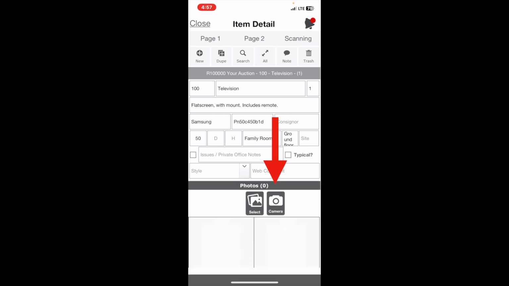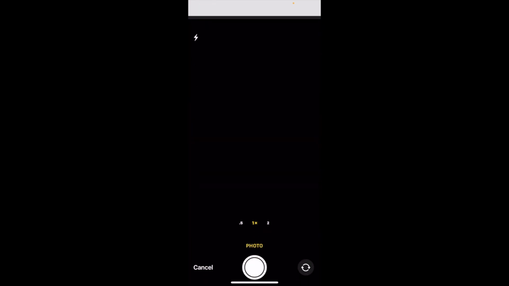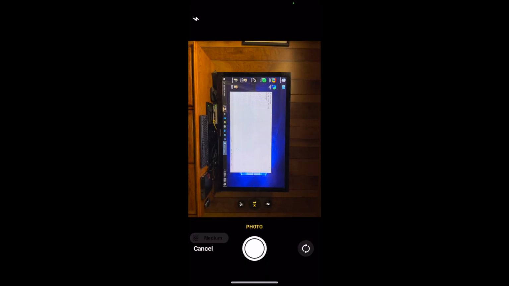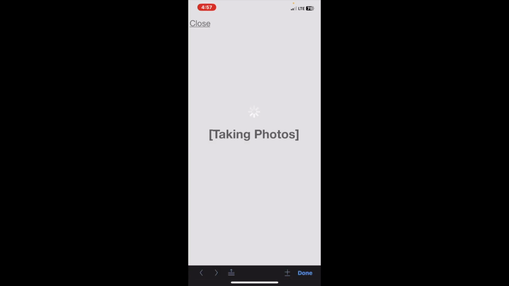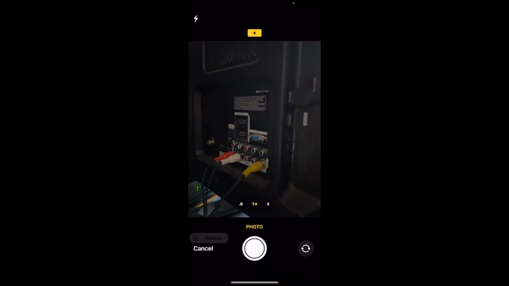Once I have concluded filling out the information, it is time to take some photos. I can use the camera button in the center of the screen to do so. We are going to take a photo, and perhaps we'll add another one that is landscape. Nice and square. Then we want to take a photo of the ports on the back of the device or the item that you are shooting,